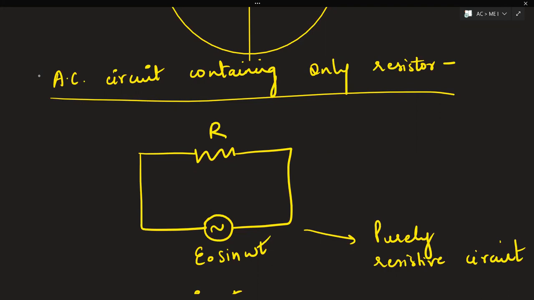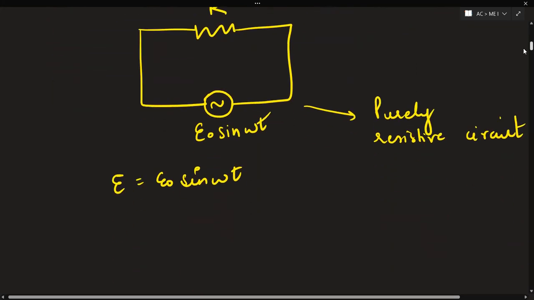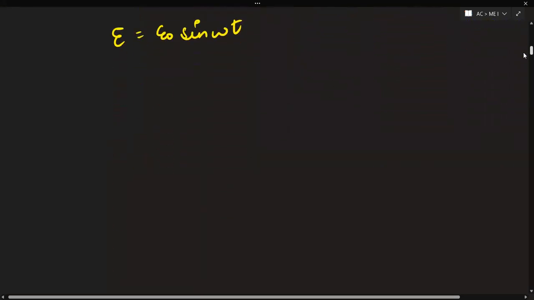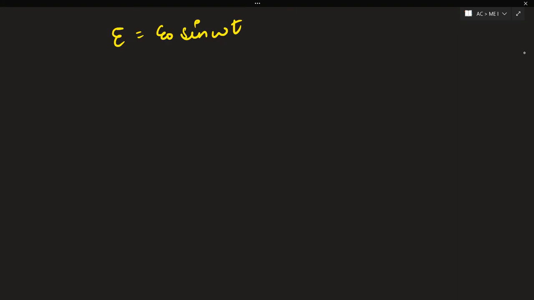Now see, but here in alternating current, what happens? The AC dynamo is there, and at every point, according to the time, the current changes. That's why we call it alternating current. So only a resistor is attached with this AC dynamo, and here the AC dynamo's EMF is E naught sine omega t, and such circuits are known as purely resistive circuits. So if E is equal to E naught sine omega t, from here, if you have to write down the value of current,